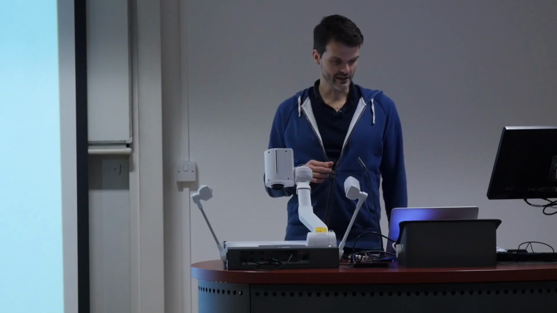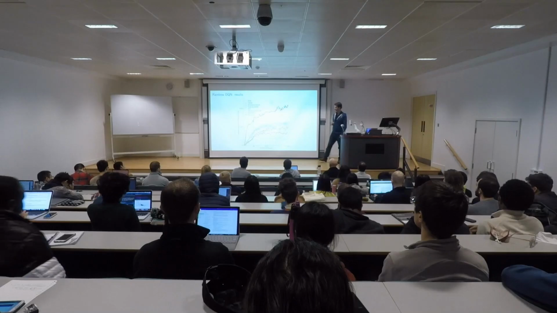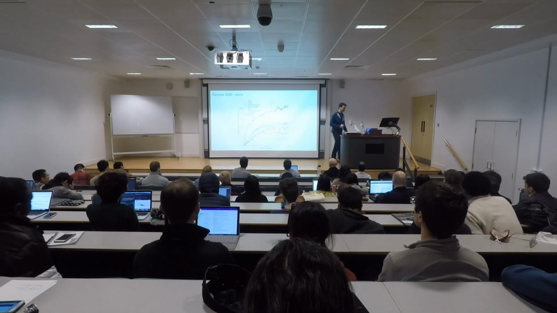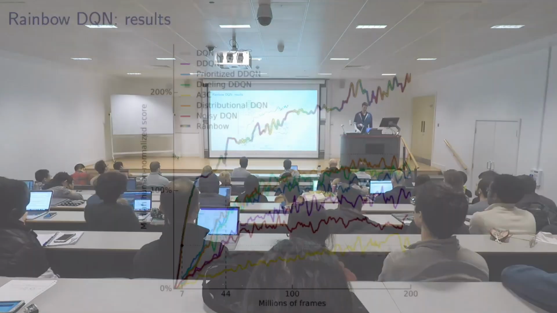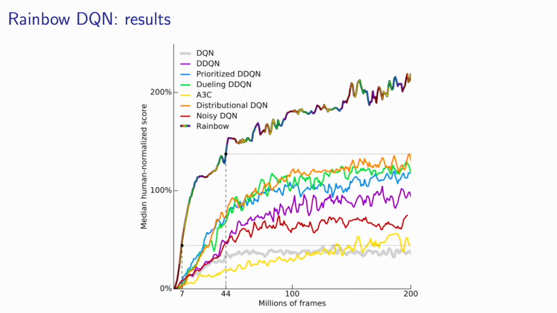the performance of DQN is attained by this Rainbow algorithm in 7 million frames, whereas DQN took 200 million, which means that learning is roughly 14 times as data efficient and fast, because this algorithm isn't actually taking that much more compute. The algorithm is actually slightly slower to run because of the distributional updates.